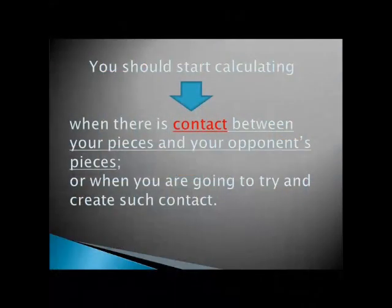Here is the rule. You should start calculating when there is contact between your pieces and your opponent's pieces, or when you're going to